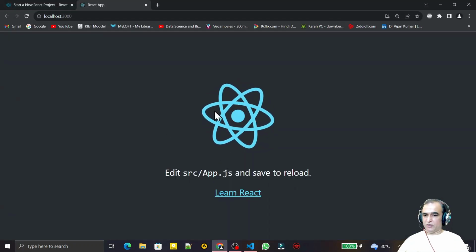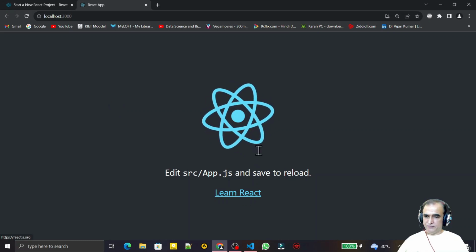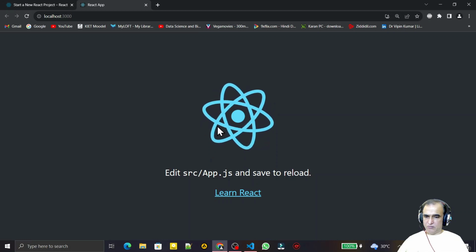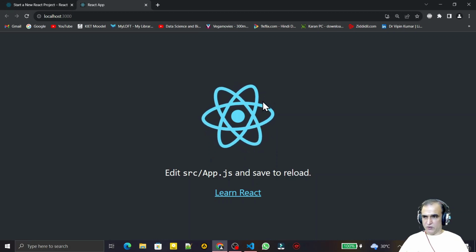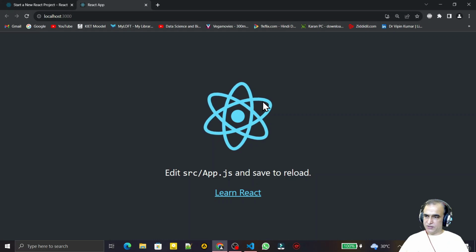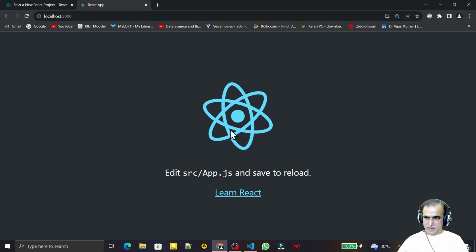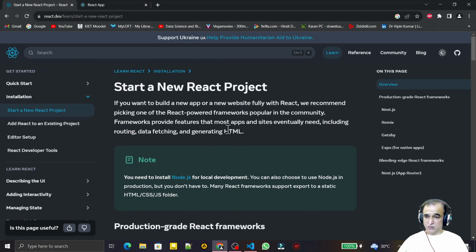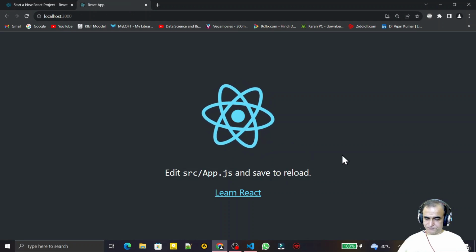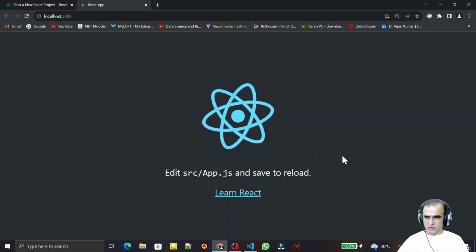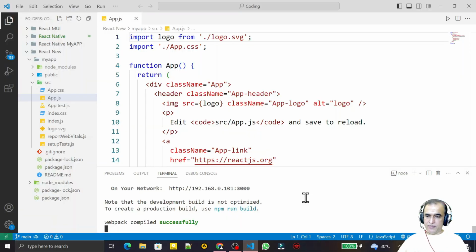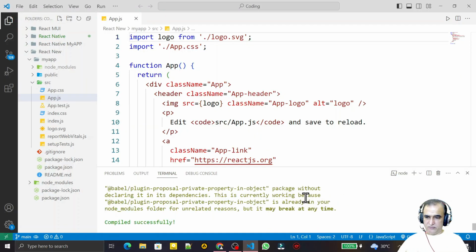You see that after a long time we have a React page here, and we can learn this, we can modify, we can do anything we want in this React application. But remember that it's a React library. Officially they have now announced frameworks for React, so this application is not production ready because they are not supporting creating this now, but for learning purposes you can use this library, and I give you the solution.